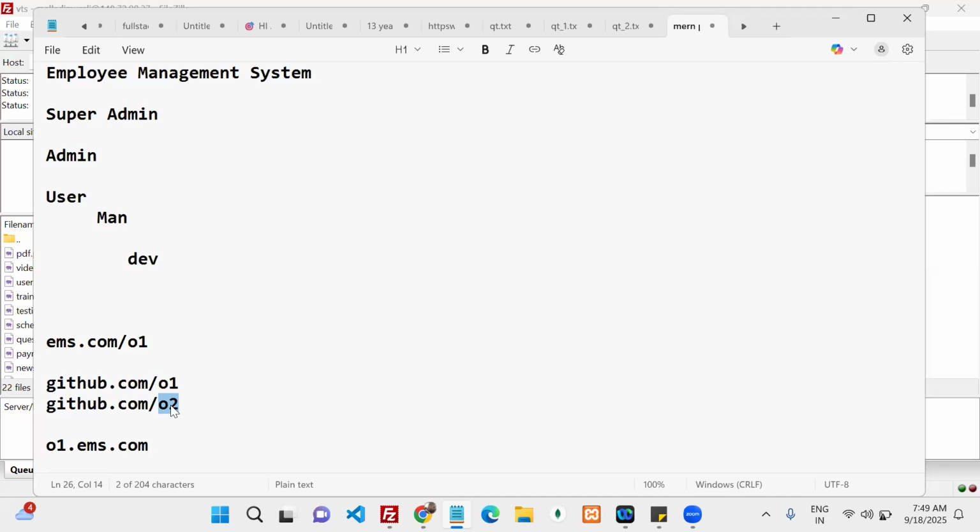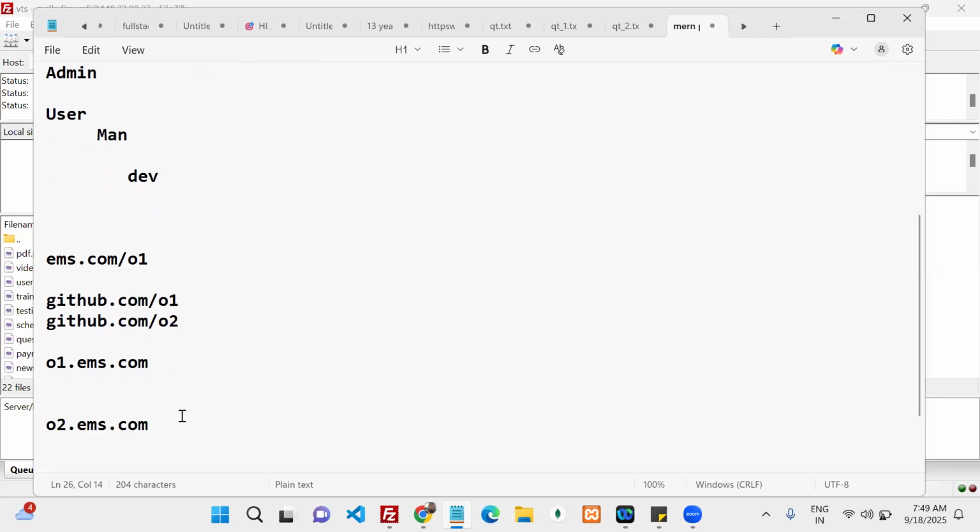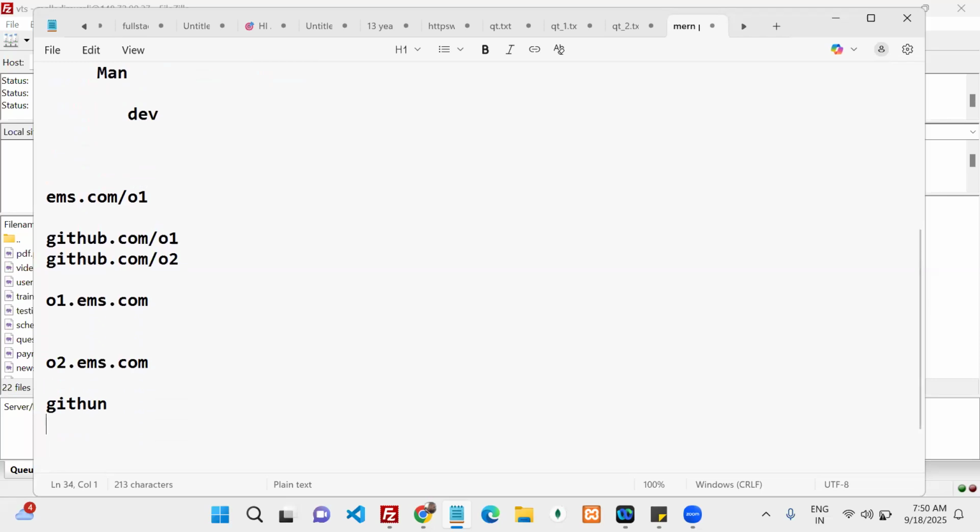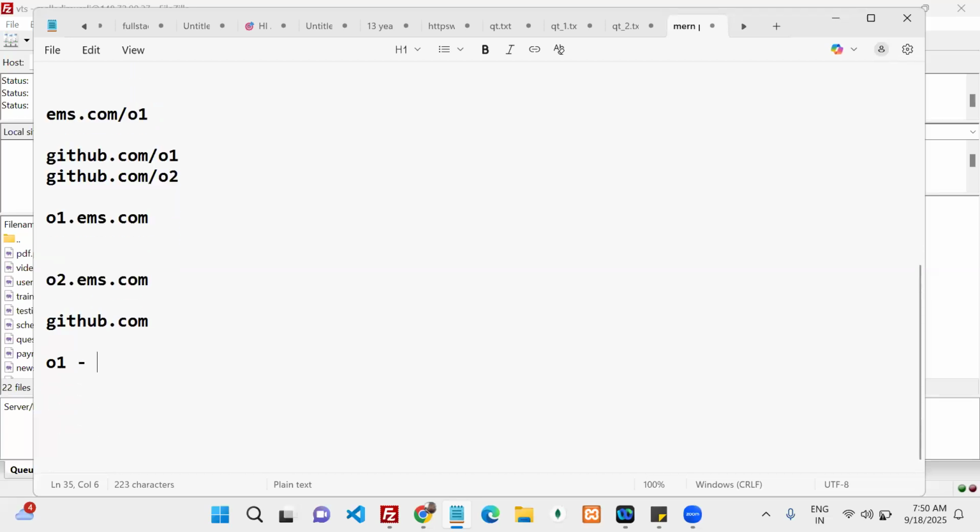Let's say github.com is the product, and you sell it to some company, organization one, organization two, something like that.